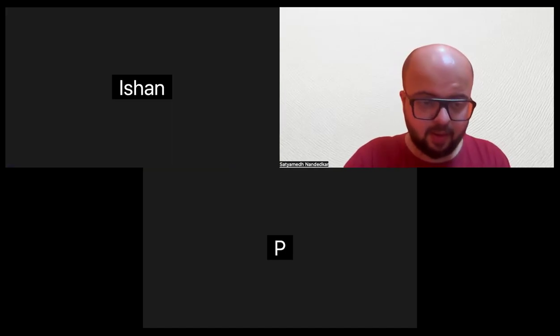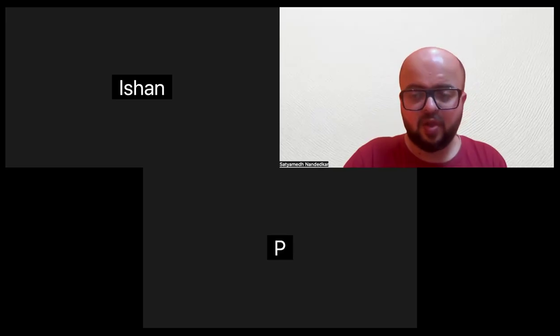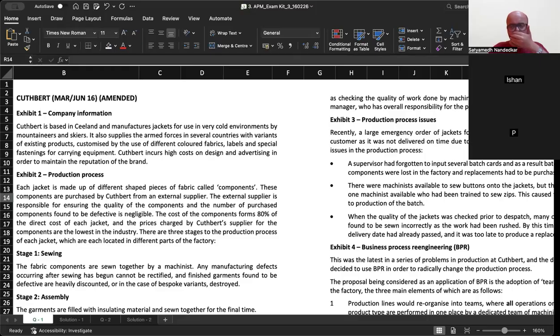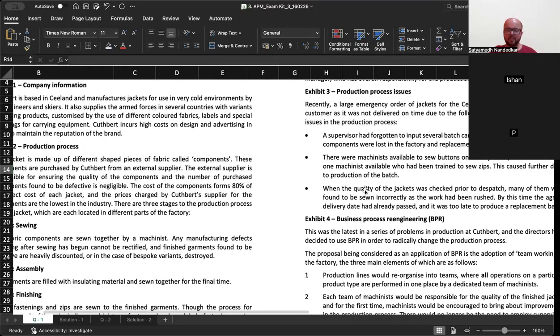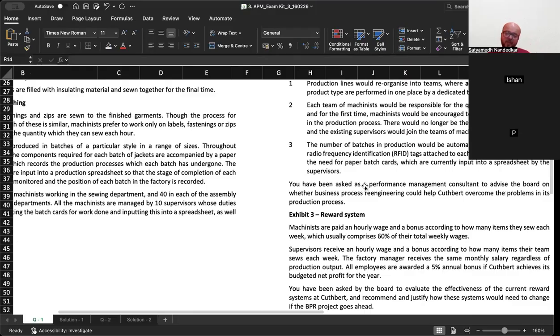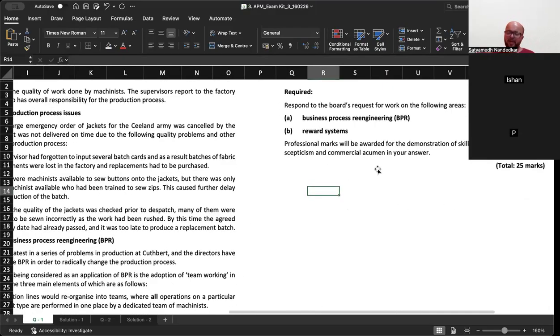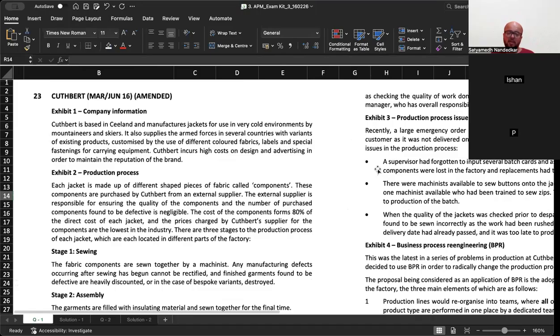Two questions for today. The first one is Cuthbert. Have a look. Now, we know that in APM, reading the requirement part directly makes no sense, because the requirement is never here. Requirement is always in the